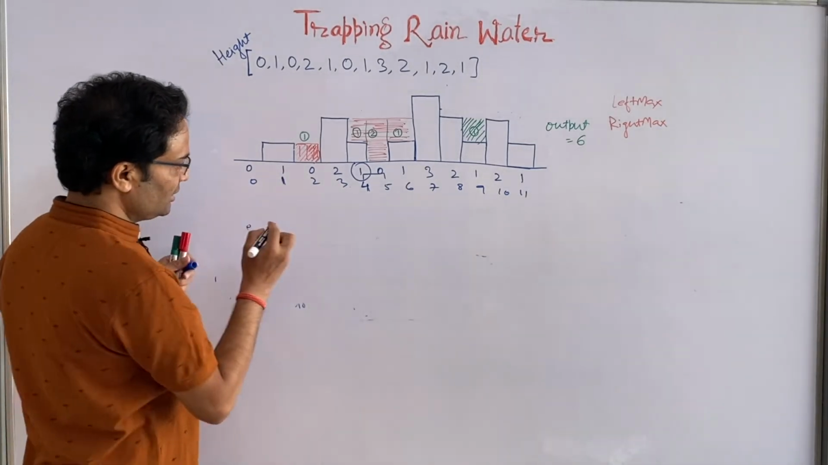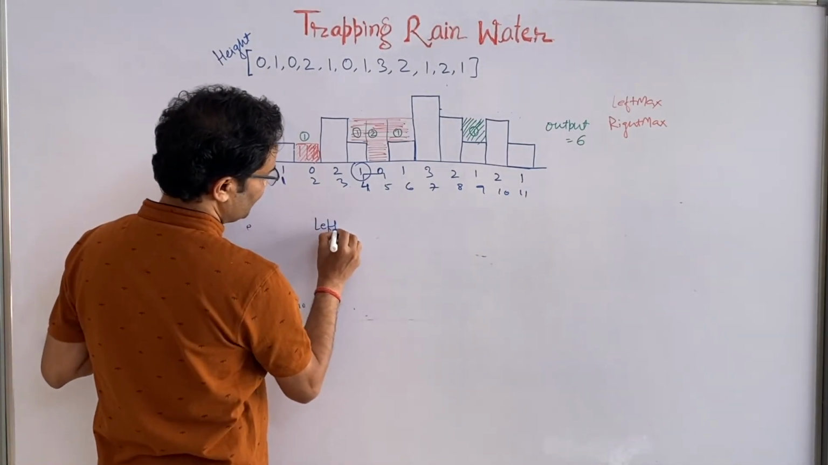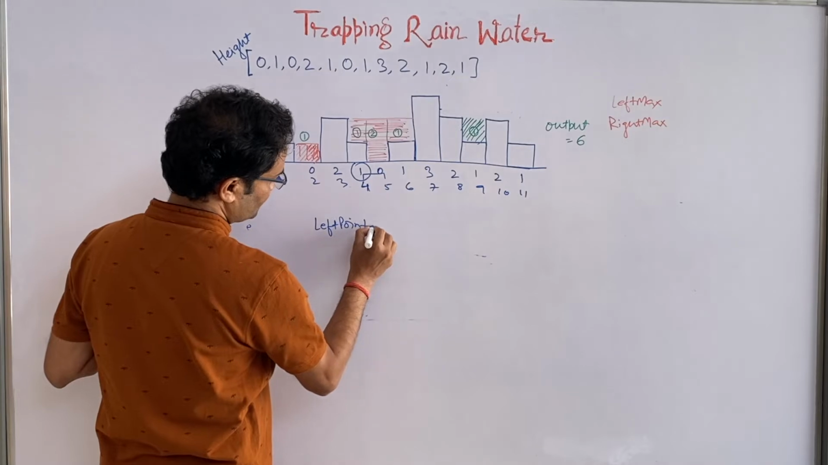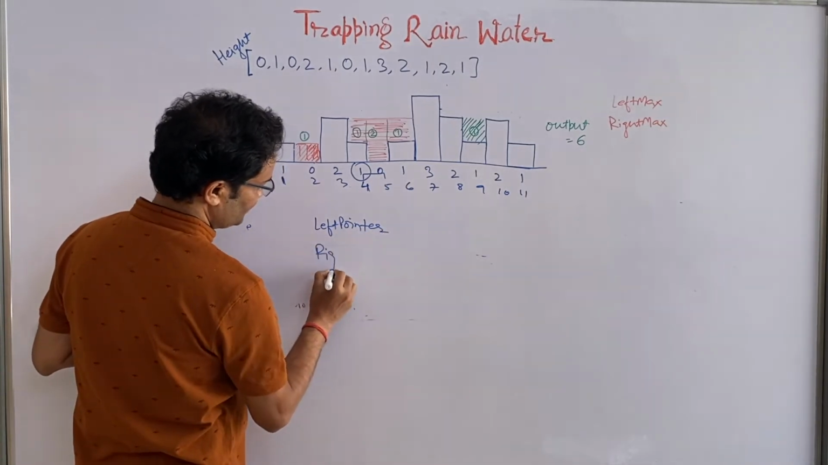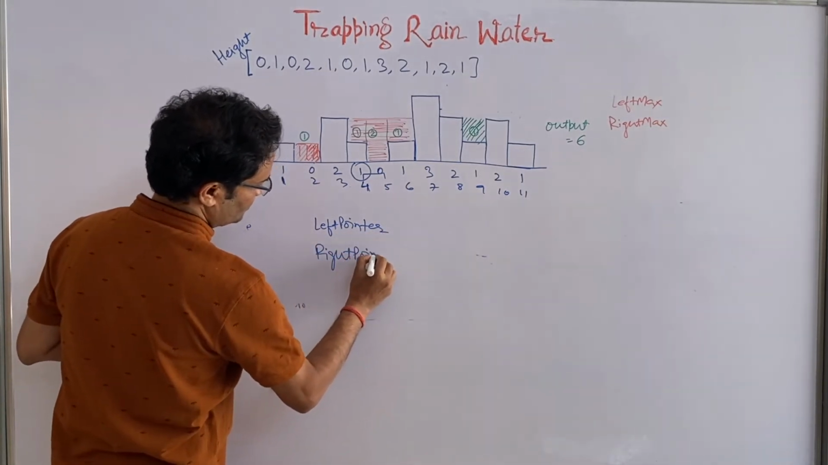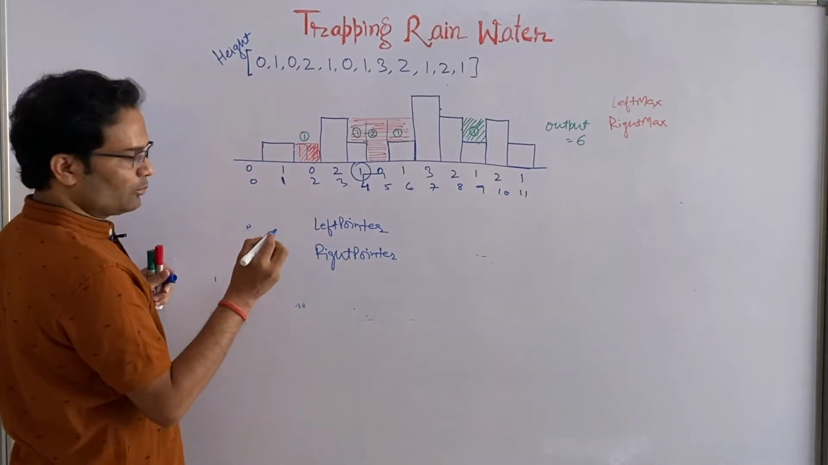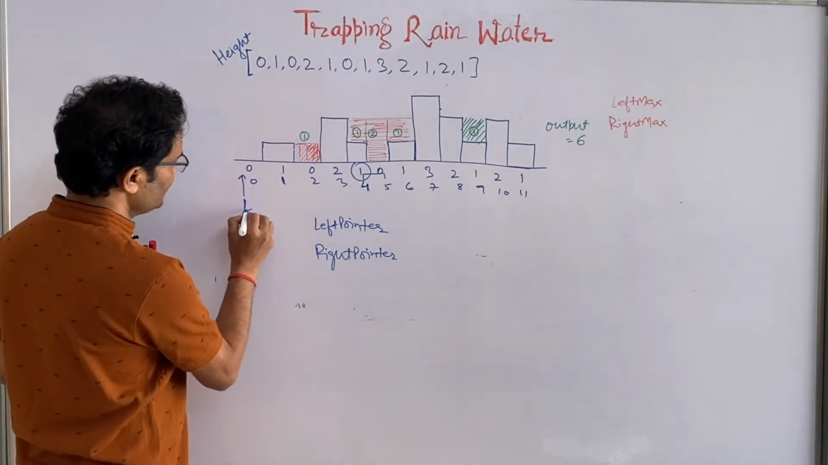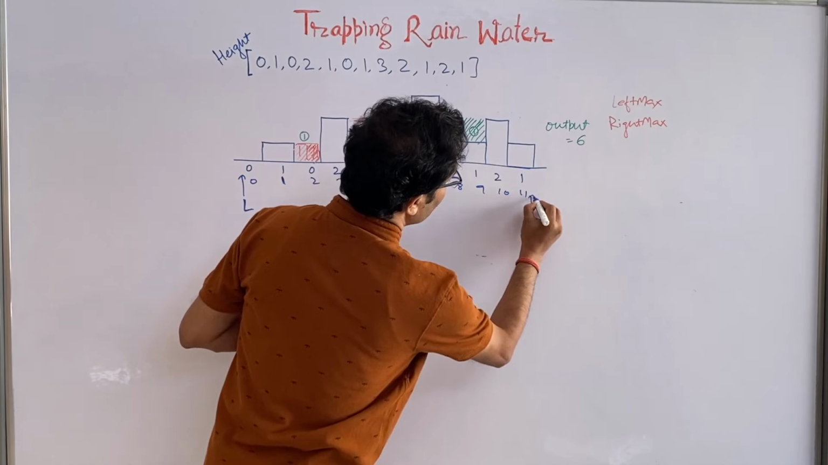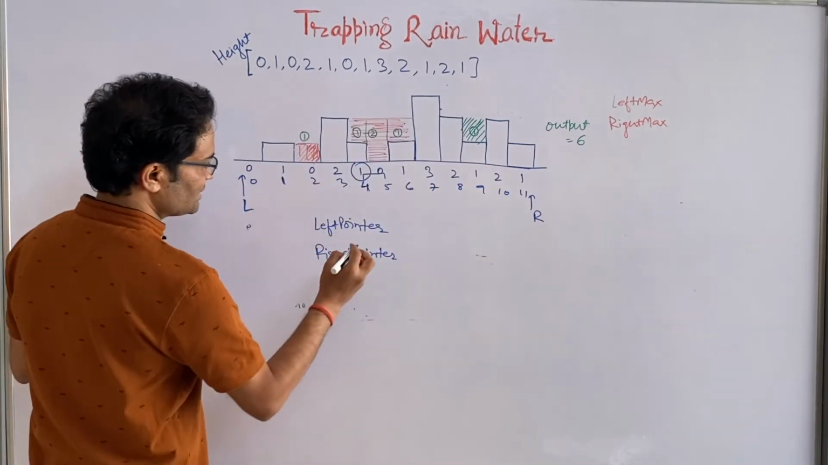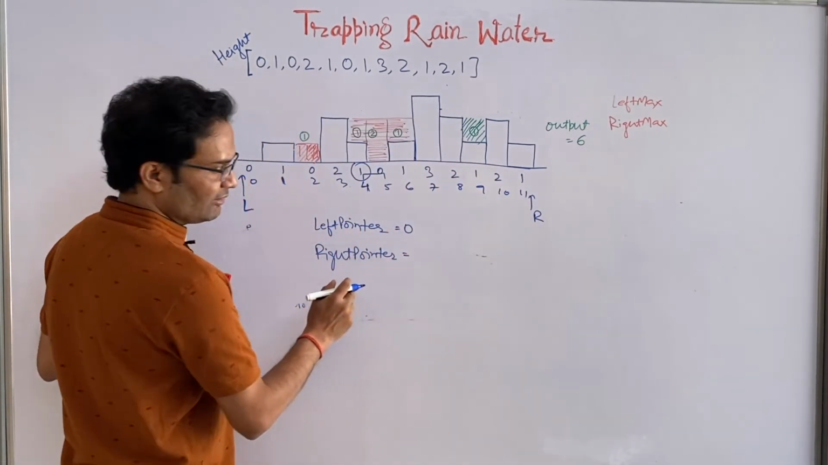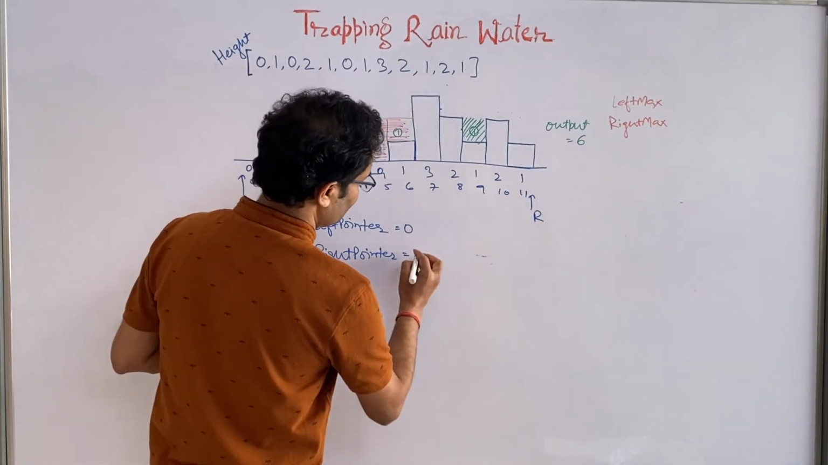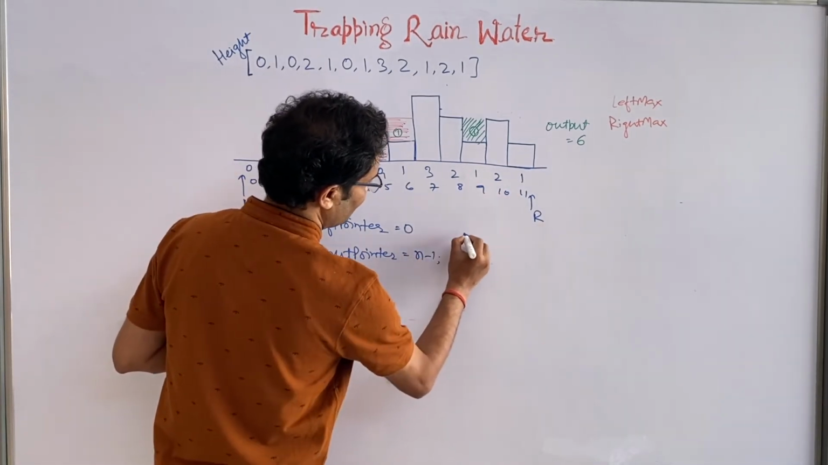You have to maintain two pointers. One is the left pointer and another is the right pointer. The left pointer we start from this side, and the right pointer we start from this side. Starting with 0 for the left pointer, and the right pointer we start from array 1, so array 1 is nothing but n minus 1, where n is